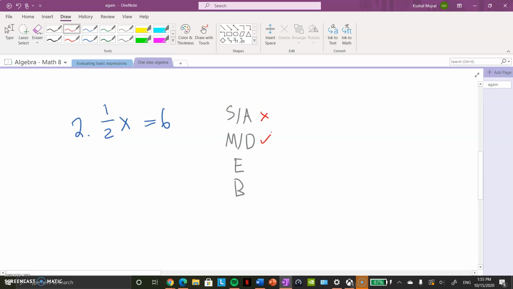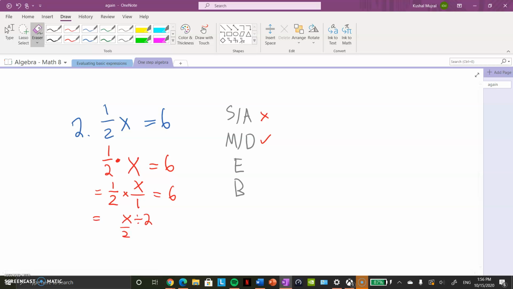There is a multiplication or a division here, because 1 over 2x is the same as 1 over 2 times x equals 6, okay? Just to remind you, this dot means multiplied by, okay? Because I don't want to write 1 over 2 times x, because then that gets really confusing, so we're just going to do 1 over 2 dot x equals 6, okay? So 1 over 2x is the same as 1 over 2 times x over 1, which is 6. So then that becomes x divided by 2, right? X over 2 is the same as x divided by 2